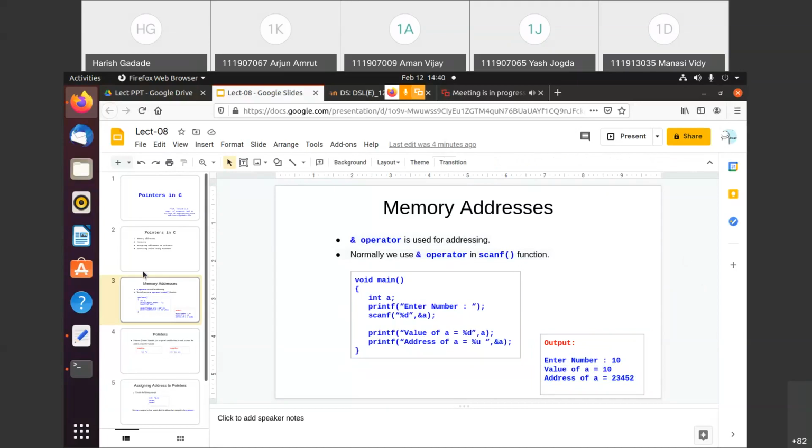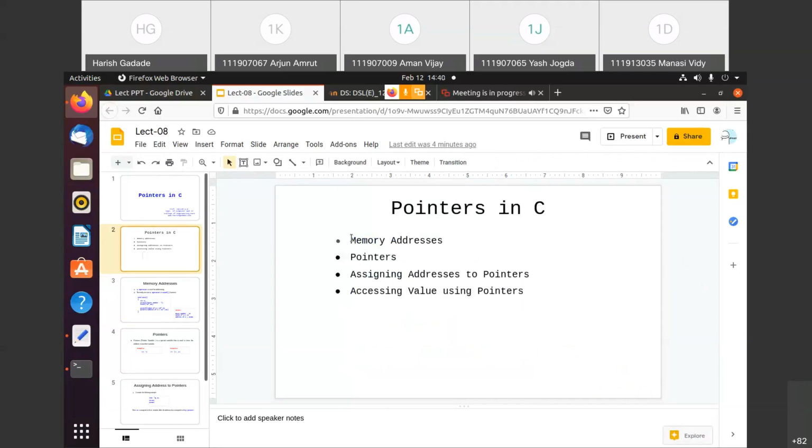Now we'll move toward pointers. Here we have seen how to access the address. Now, can I store that address somewhere in the memory? That is the point. Till now we stored the value entered through the keyboard.